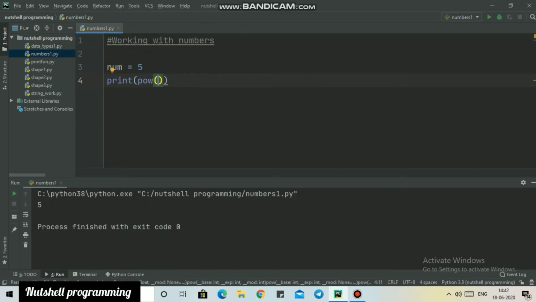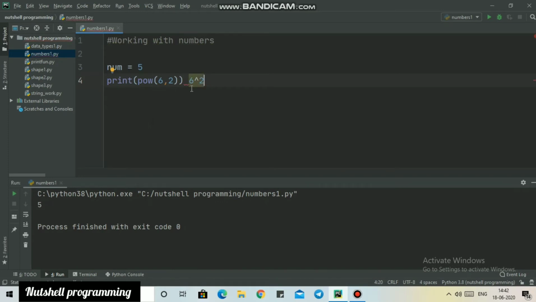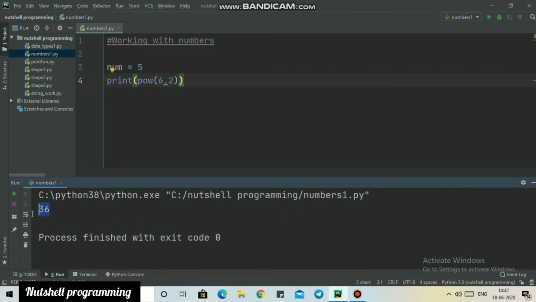The power function is very useful in a Python program, and is used to get the power of any number. Just like I'm giving the two arguments to pow, 6 and 2. Right now it will return 36, because it works like 6 to the power of 2, which means 6 times 6, and our returned output should be 36. You can see it in the output. So it was a cool and very easy function, pow. You can use it and develop any program using this small function.